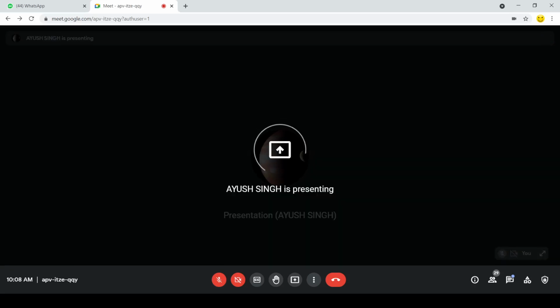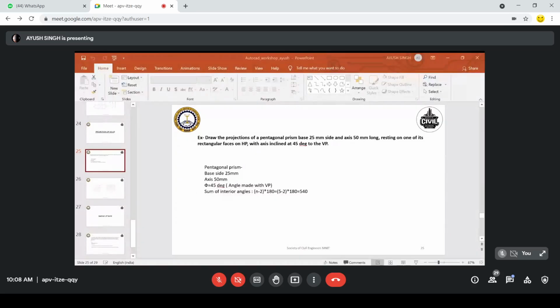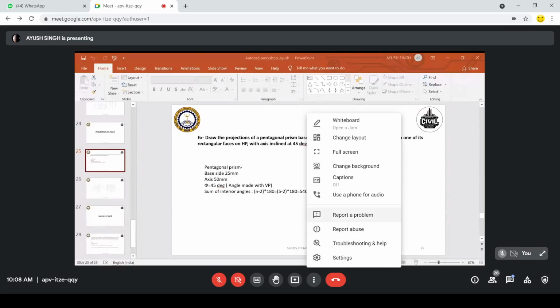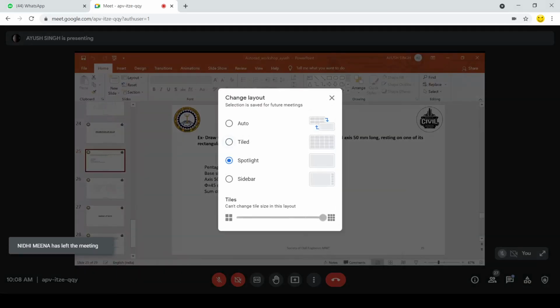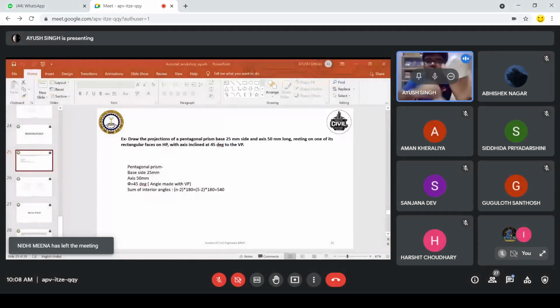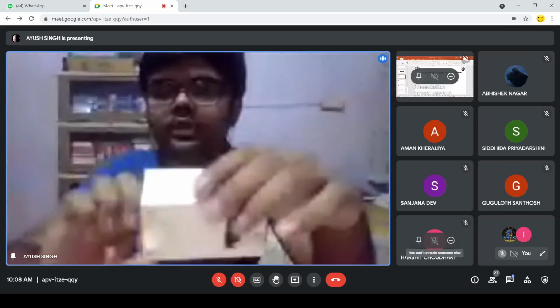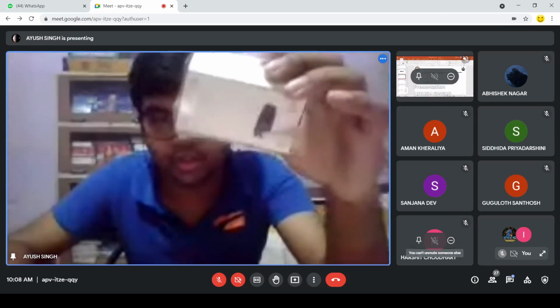So here is my cushion and here is my camera. You can see me, right? Yes. So here is the pentagon, the pentagonal prism. Oh, the other side is missing because I took it for a plane. Okay, so it is solid. Assume it's solid.